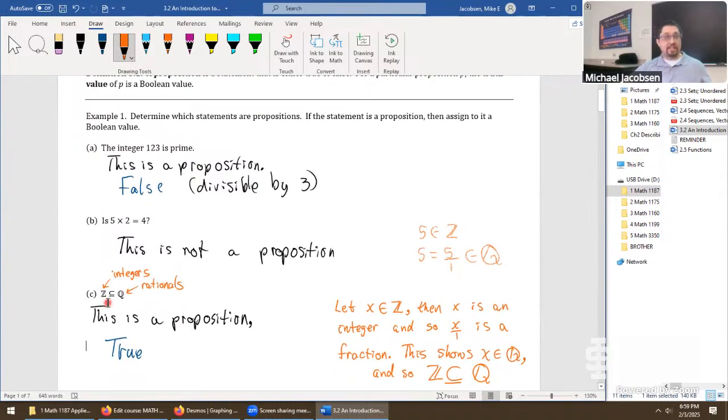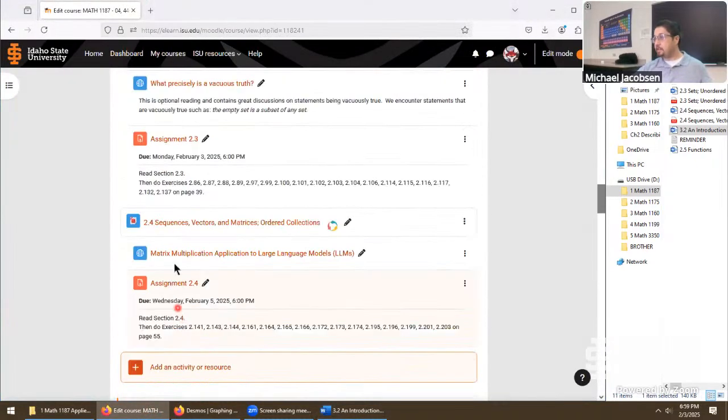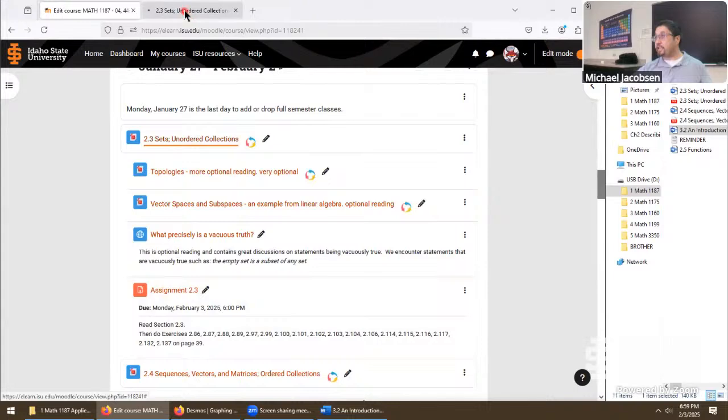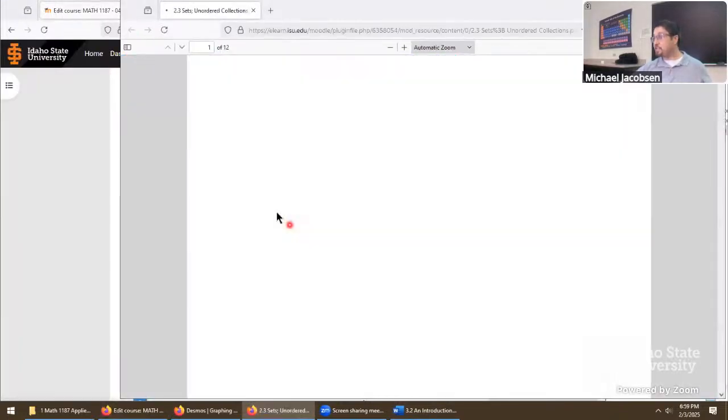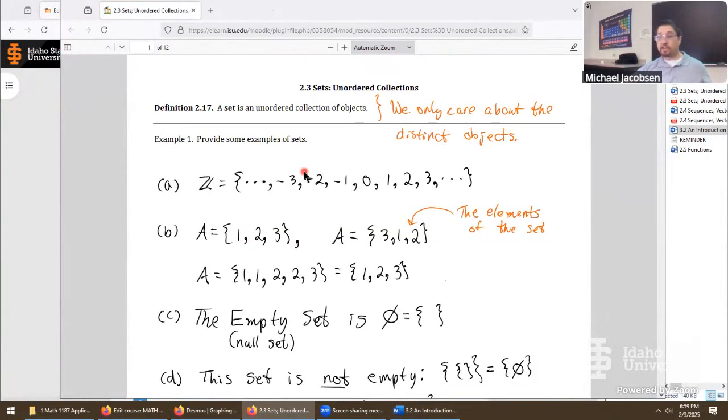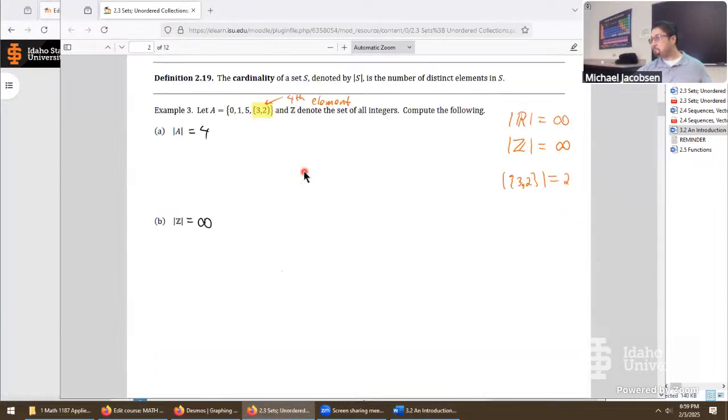We really did a couple things in part C. It's a proposition, but it's a complicated one because it's relating set theory back in the same time. However, when you go through this section 3.2, you really want to have set theory kind of pulled up in the back of your mind, because when it comes to set theory, this was in section 2.3. We spent a lot of time here for good reasons. In set theory, the things that are going to come back are